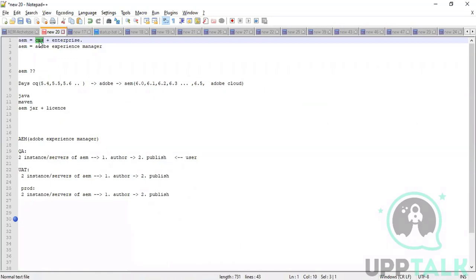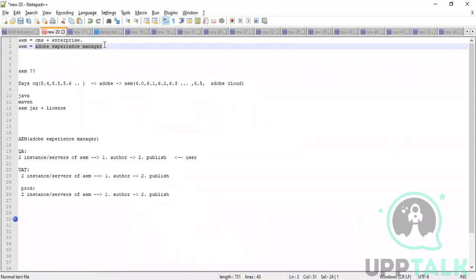All these products which Adobe provides can easily be integrated with Adobe Experience Manager without any change in code or any coding. You can start using any of those products. That is why it is called an enterprise level CMS: you can easily integrate, plus you can host the complete website within it.